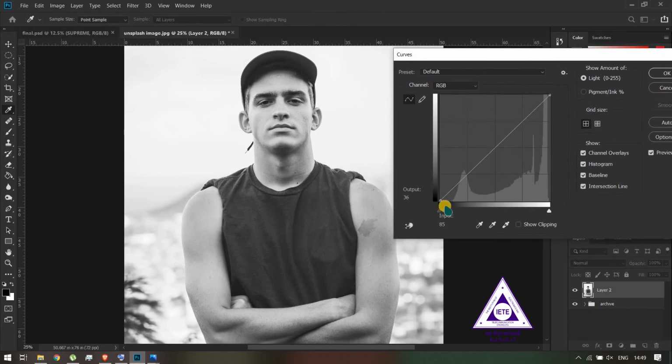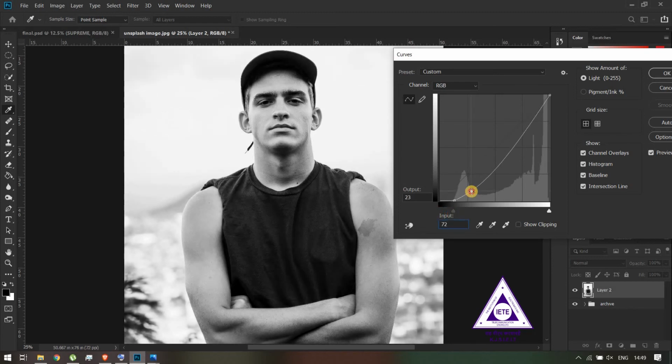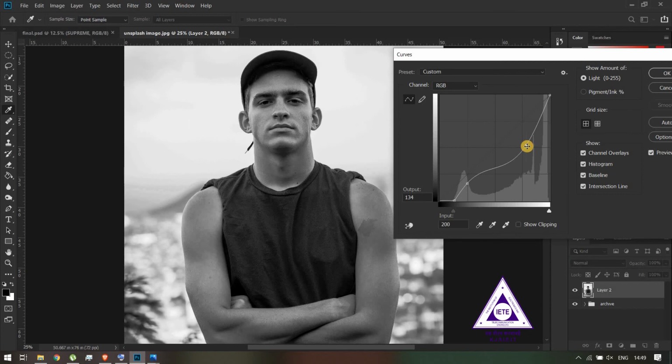So here using the curves layer, I'll increase the contrast in the image. And I think, yeah, this much contrast is enough.